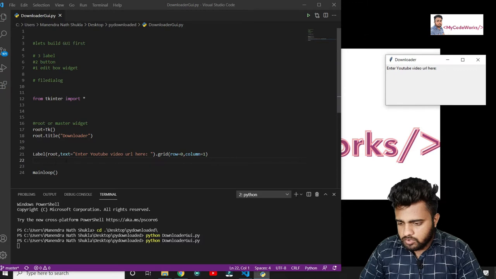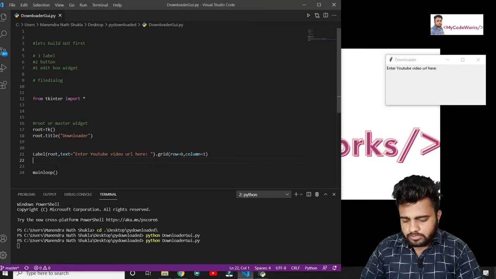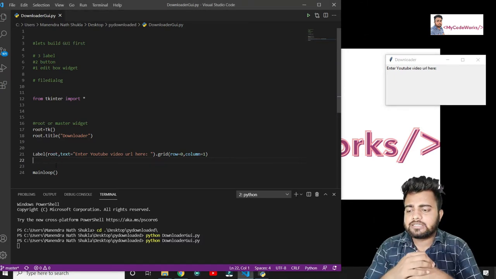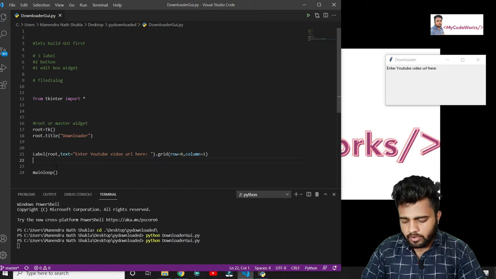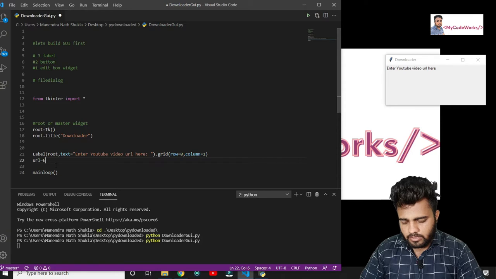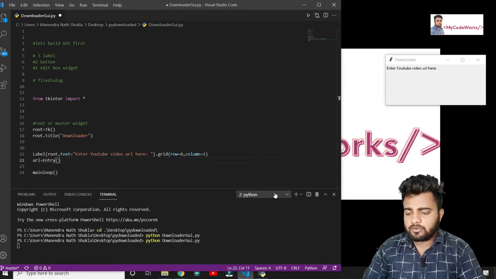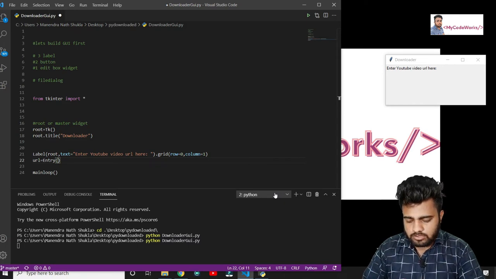So we are going to create one more edit box. Basically it's an entry. So we are going to create an entry box, and it will be in the form of URL. Just put here URL is equal to Entry, and we are going to pass the root where we want to show this entry box.